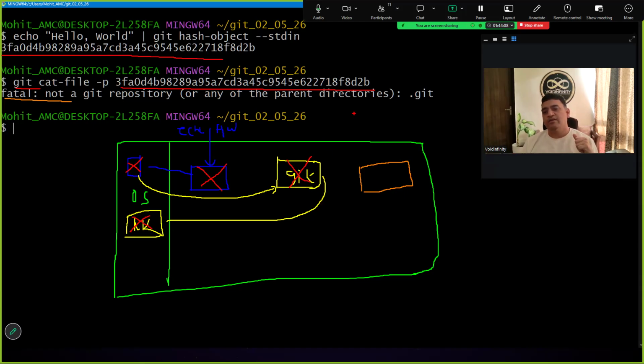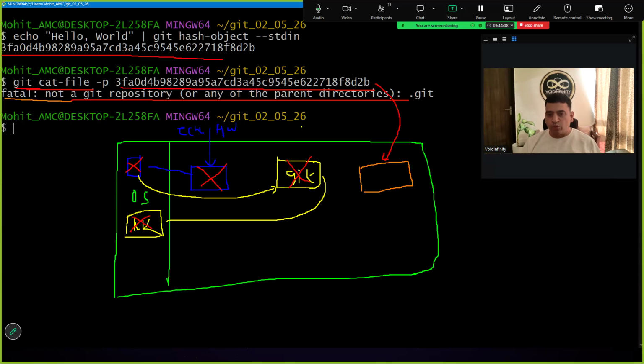That's the reason this git cat-file didn't find this key. This key was not there at all, and that's the reason it shows some error, which is still very misleading. So then what should happen? Ideally,